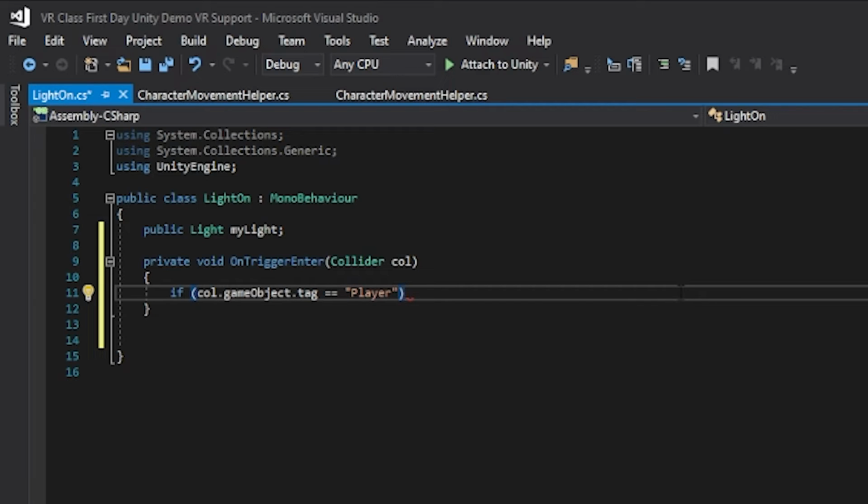So in plain English, what this is saying is if this particular collider's game object tag is exactly equal to the word player,